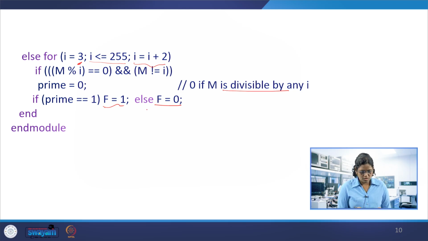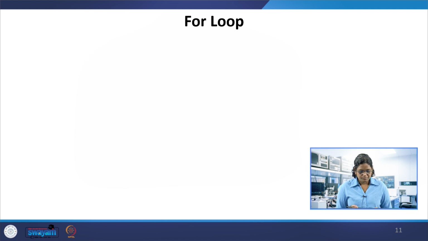So the next, this is one example of the for loop. The prime number detector we had seen using the if statement and the for loop as well. We have also used the assign statement, the simple assign data flow model. These two are the behavioral description. So using the for loop again, counters. Counters are mainly used in the design. So how do we use the for loop for designing the counter?